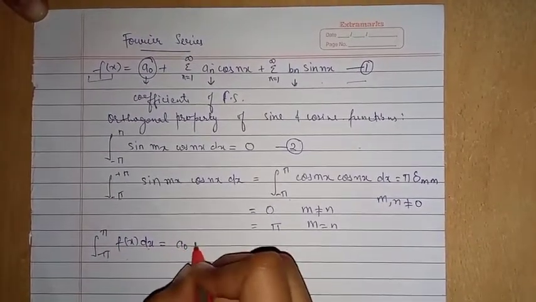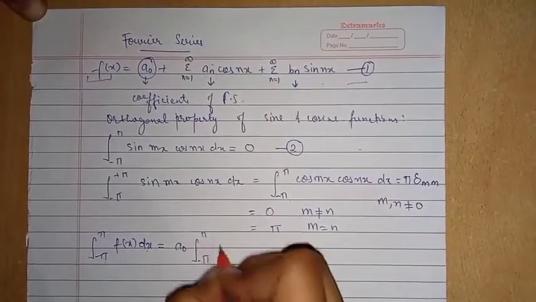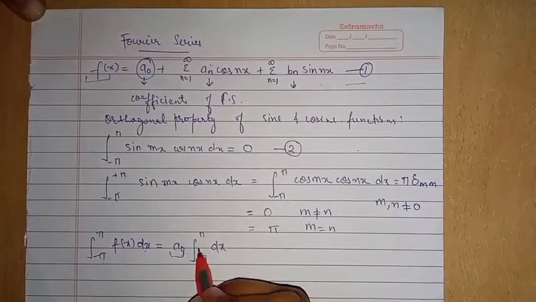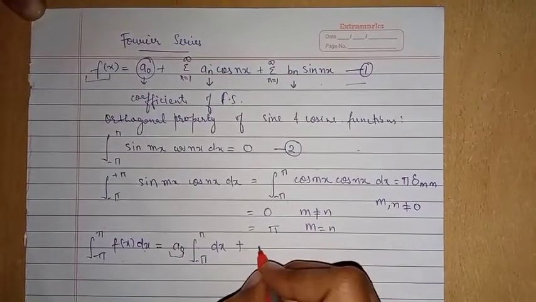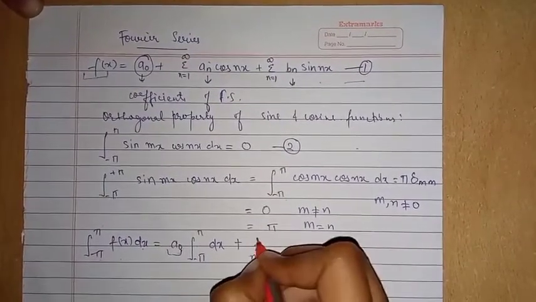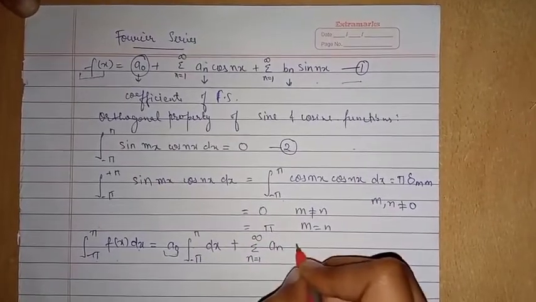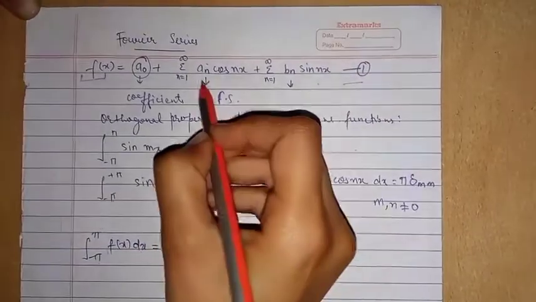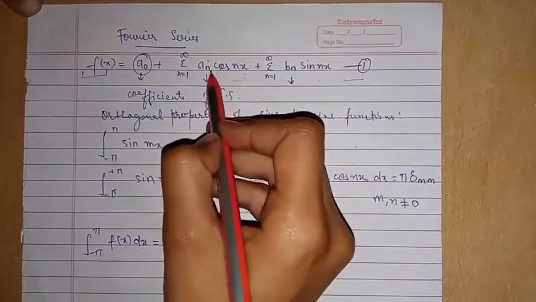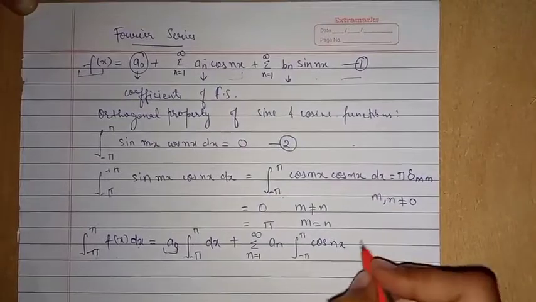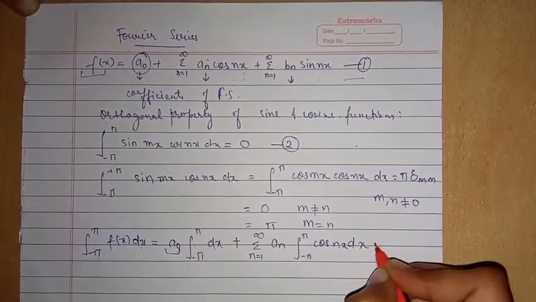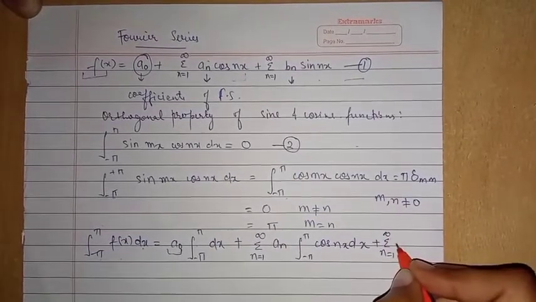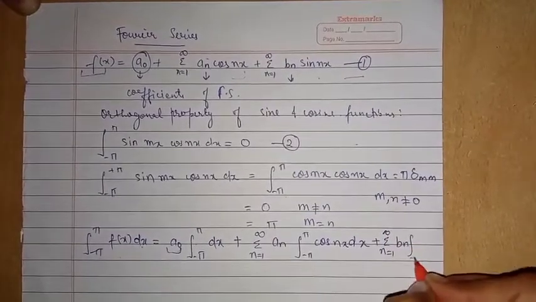Similarly, a0 times the integral from minus pi to pi of dx, since a0 is a constant quantity, so we will take it out of the integral, plus summation n equal to 1 to infinity an times the integral from minus pi to pi of cos nx dx. We have integrated this term. An is constant, so we have taken it out of the integral. Plus summation n equal to 1 to infinity bn times the integral from minus pi to pi